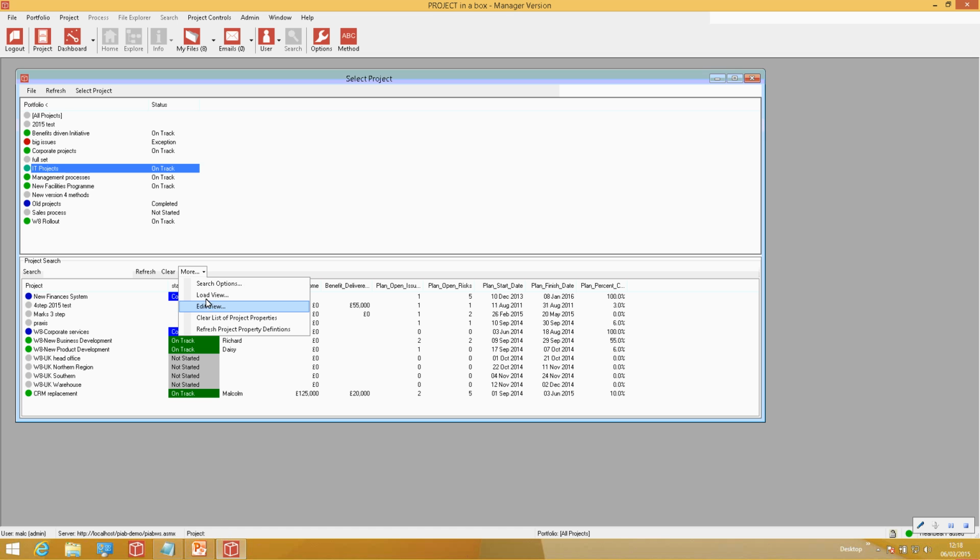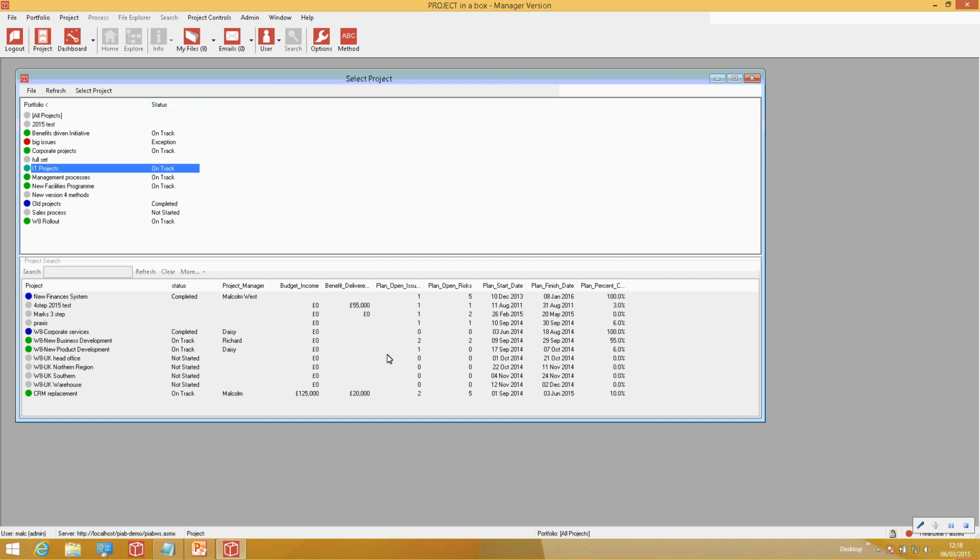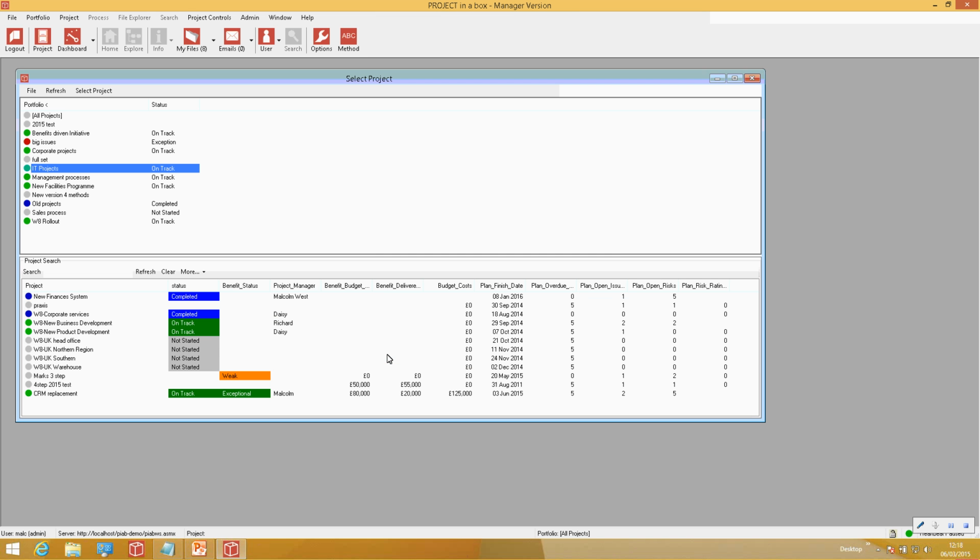So I can go and load a particular view. I was currently in performance, but let's switch to the view control panel and select that. And we can now see it brings up a different set of data for me. This is data from the properties database for each of those projects. And this data can be set up, let's say, into one of these views, and the data can come from